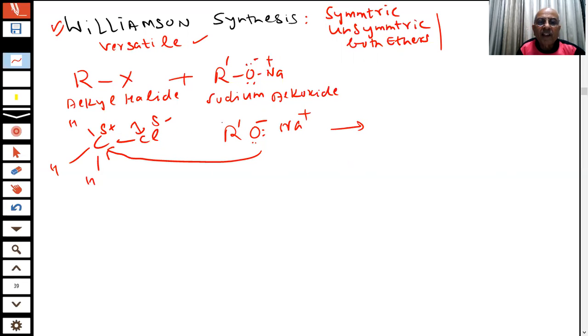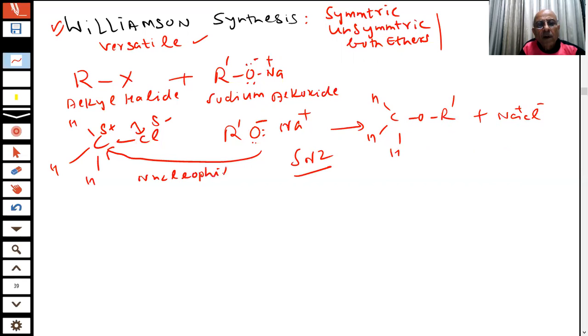अब क्या होगा, Cl माइनस था, Na के साथ चले जाएगा। Na और Cl दोनों में प्यार हो गया, ये प्लस है, ये माइनस है। सारी केमिस्ट्री ऐसी बता रहा हूं मैं तुम्हें, प्लस माइनस इकट्ठे हो गए, इनकी शादी हो गई। अब बाकी क्या बचा, ये तो आउट हो गया, ये आ गया, तो कुछ ऐसा बन गया। यहाँ पे दैयर कैन बी एनी अदर ग्रुप्स। ये आ गया OR' लग गया। तो ये कौन सी रिएक्शन हुई, SN2 ही तो हुई। यहाँ पर हम कह रहे हैं ये न्यूक्लियोफिलिक सब्स्टिट्यूशन रिएक्शन का एग्जांपल है, SN2।